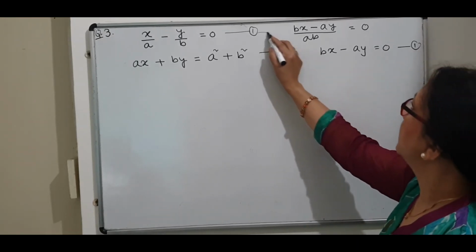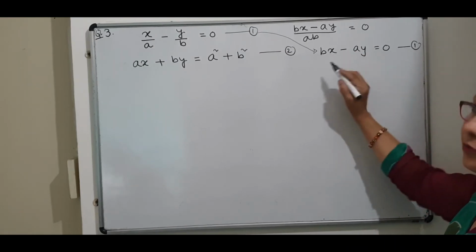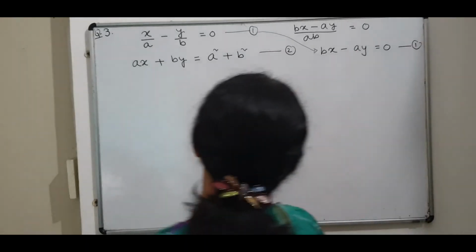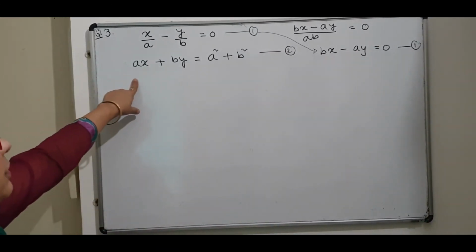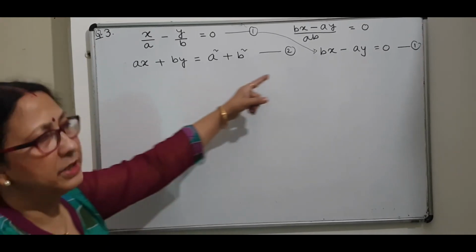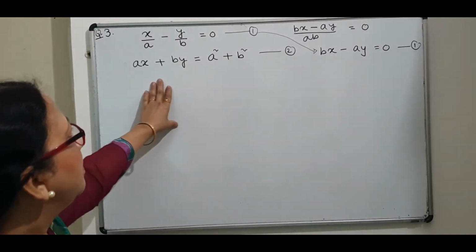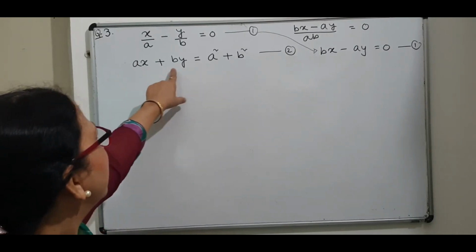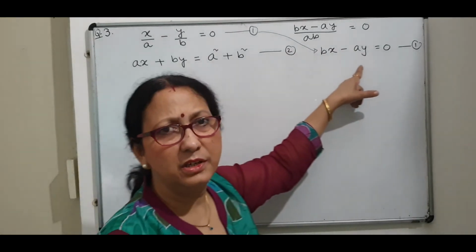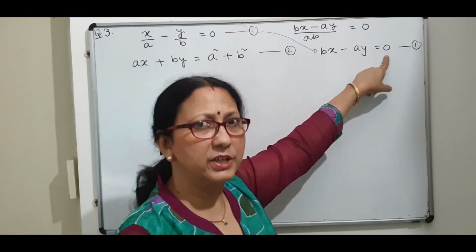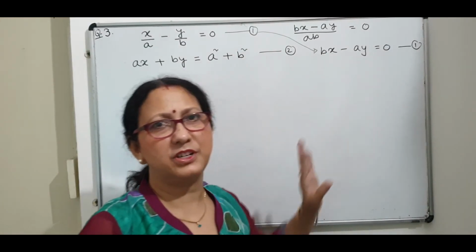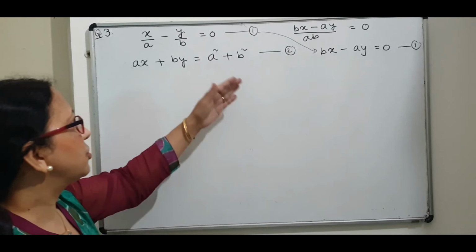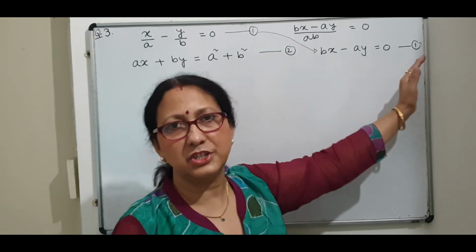This one is simplified in this standard form. Now again here you observe, how can you solve? We can solve by the method of elimination also. But let us solve this by the method of cross multiplication because the coefficients are quite small, so it will be easy, and one constant is also 0. In this case the method of cross multiplication will be very easy. So let us solve this by the method of cross multiplication.